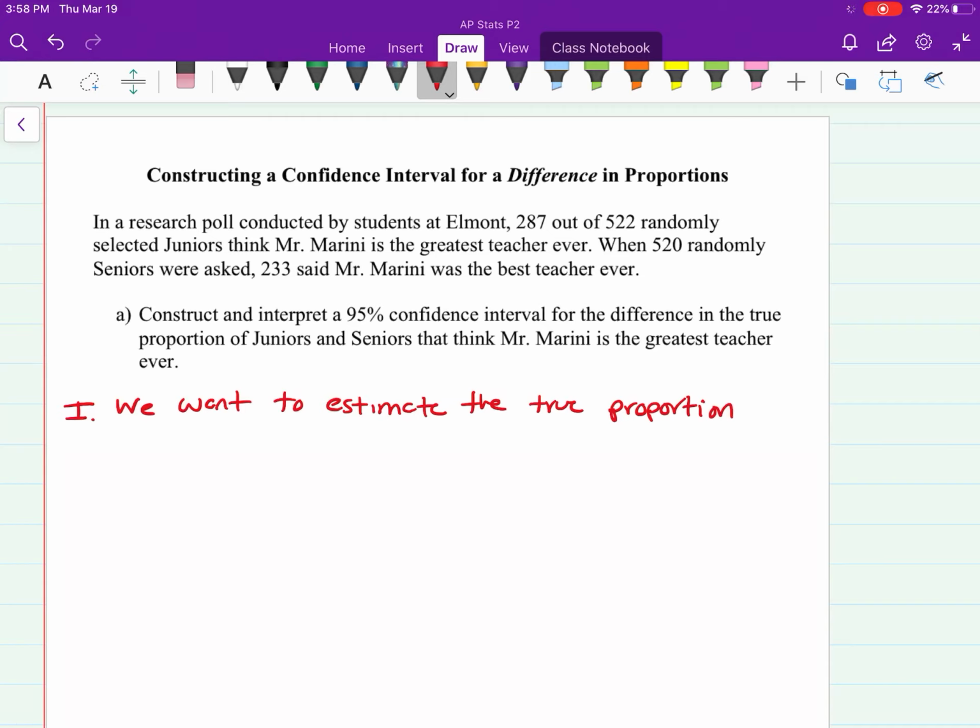All right, so far we want to estimate the true proportion. But again, we're not looking for the true proportion of juniors that think I'm the greatest teacher, and we're not looking for the true proportion of seniors. We're looking for the difference in those proportions. So we want to estimate the true proportion difference between juniors and seniors